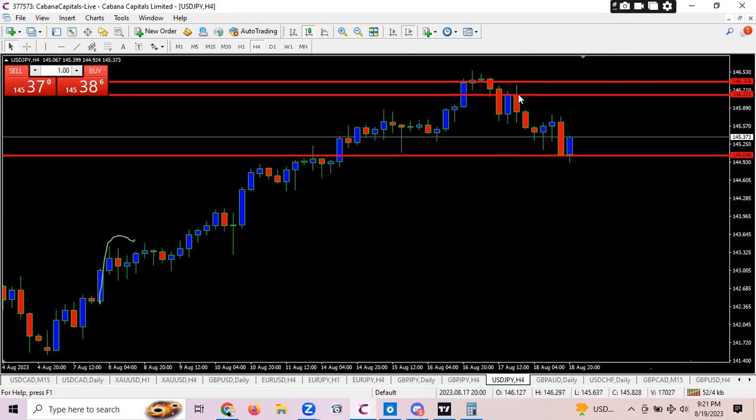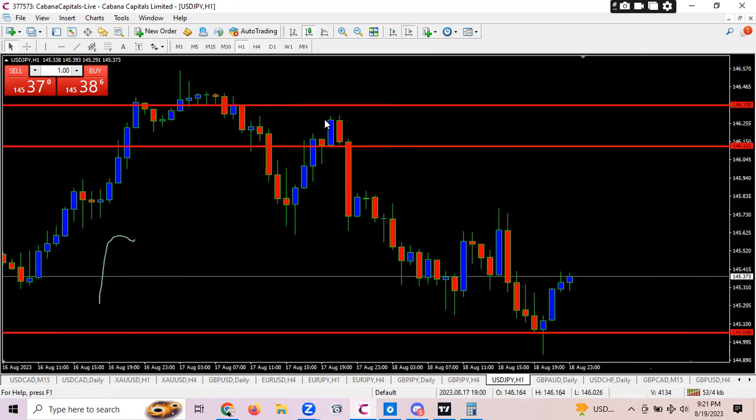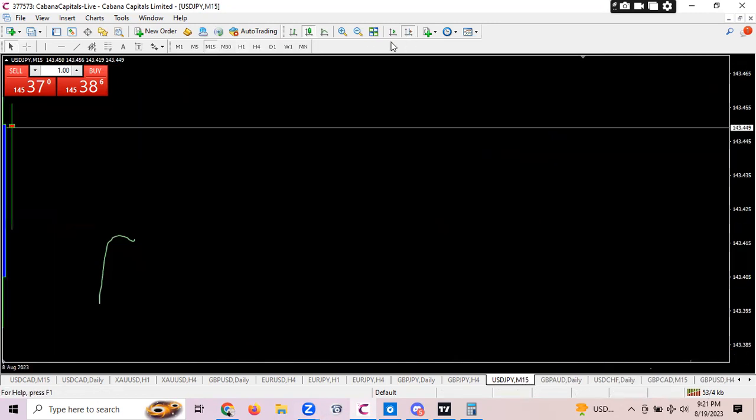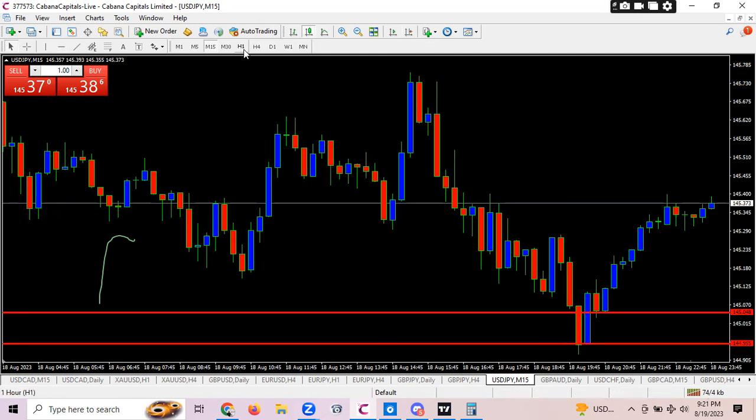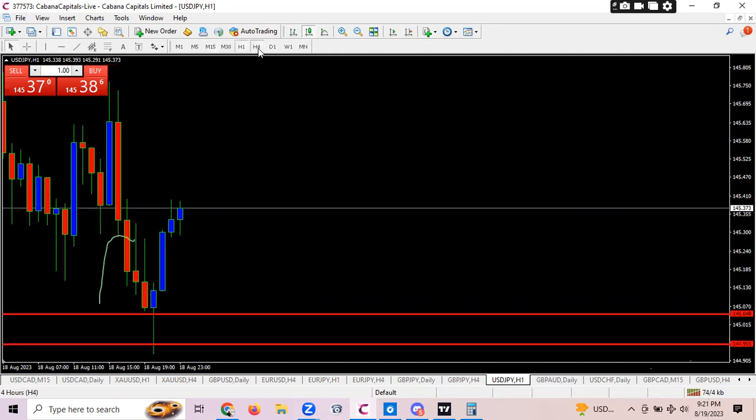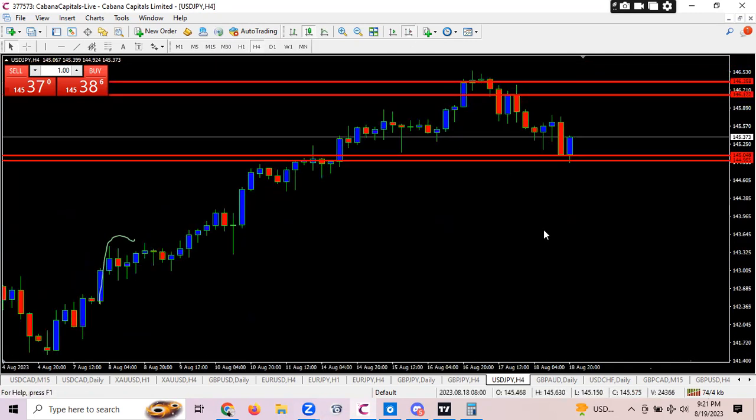This is resistance on 4 hour. Let's go to 1 hour. 10 minutes. Okay, so this is a support on 15 minutes. So we have a zone now, we have a support zone to work with, and the resistance zone to work with. Okay, so I would be selling